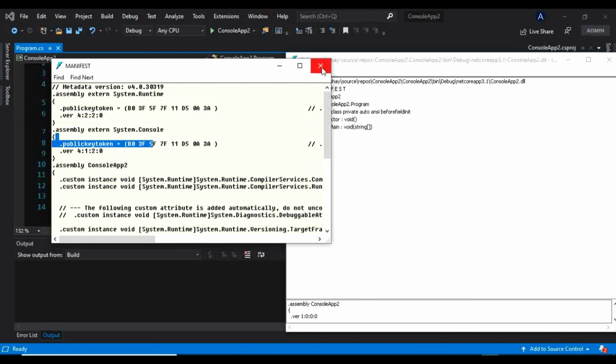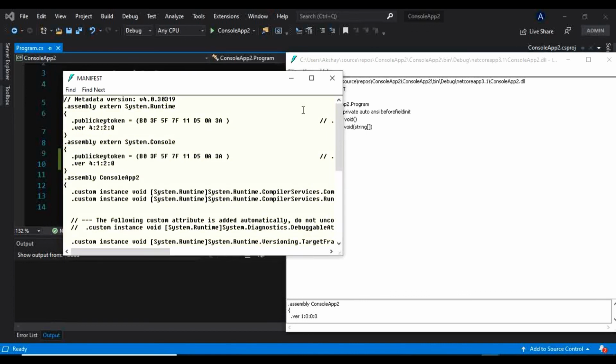Again, I told you in our previous video how .NET finds or locates an assembly at runtime. This is because of this metadata. .NET finds or locates the assemblies at runtime because of this manifest file. It will see the information in this manifest: what the assembly is, and whether it has any reference assemblies, whether it depends on any other assemblies. I showed you in the previous video how one assembly can be dependent on another, when I explained how we can give a reference of one project in another project.